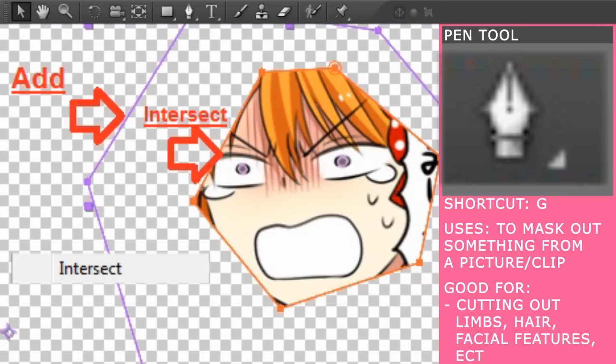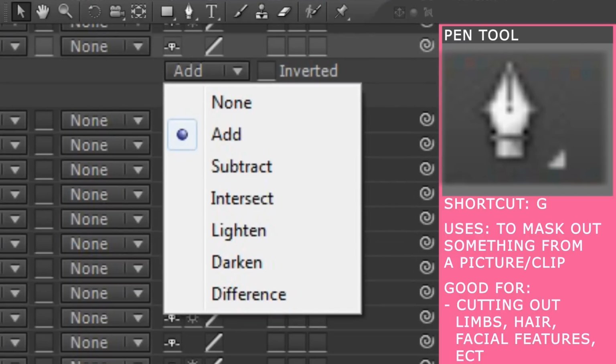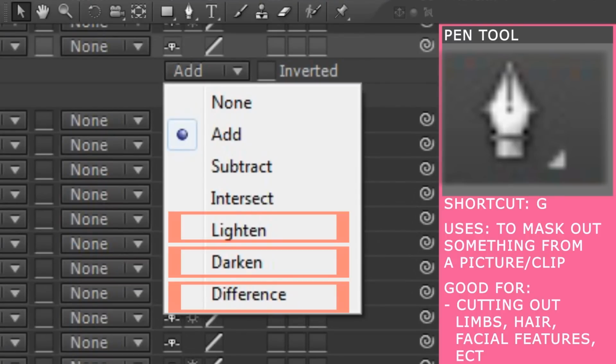Intersect is basically if you have masks previous to that, say you masked a body out of the picture, and then from the body you want to mask specifically just the head. So you mask over it, and then you go to intersect and it'll mask it so it's just the head, if that makes any sense. There are other modes too, like darken, lighten, and difference, but I've never used them and I don't know what they do, to be honest with you, so you can look that up.